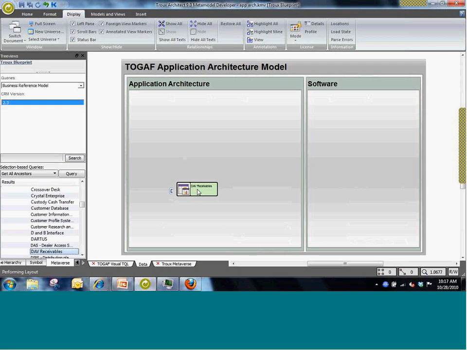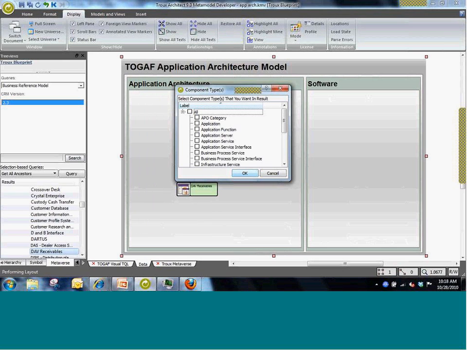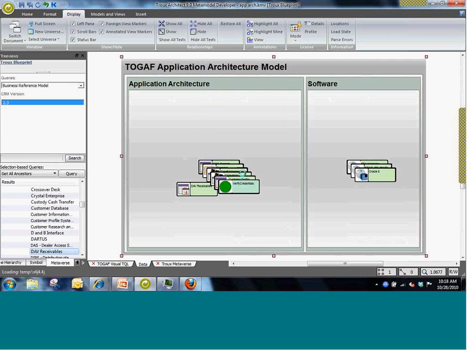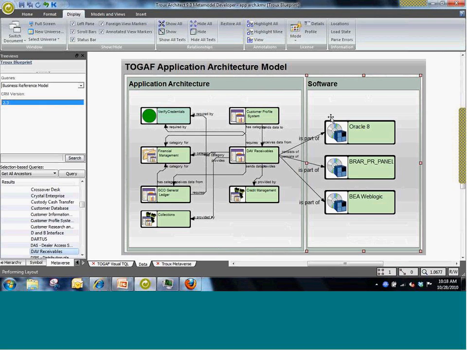I can expand the scope of the architecture of this application that is material to this phase and only material to this phase, and begin to build a current state artifact. So, I ask it to run against the Metaverse for everything that's related to data receivables, and I'll go out a single relationship level: all of the artifacts that exist in the repository that are related to that particular application. The templates have built-in intelligence to arrange the architectural metadata in the pre-configured locations, and then we can automatically lay out the architecture. So we've been able to quickly create the current state.